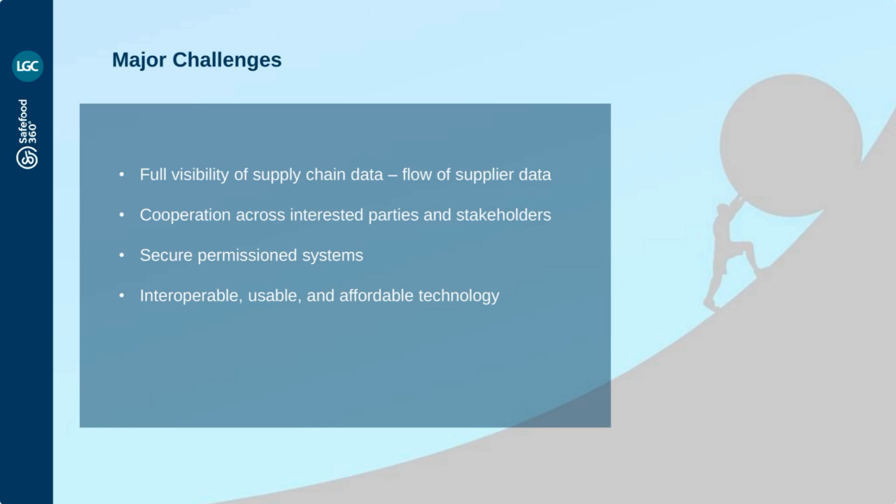And then we need interoperable, usable, and affordable technology. We can see even in the increases in the standards, specifically here in the U.S., that the FDA is increasing their requirements, and they're making suggestions that we have technology that's going to help us manage our